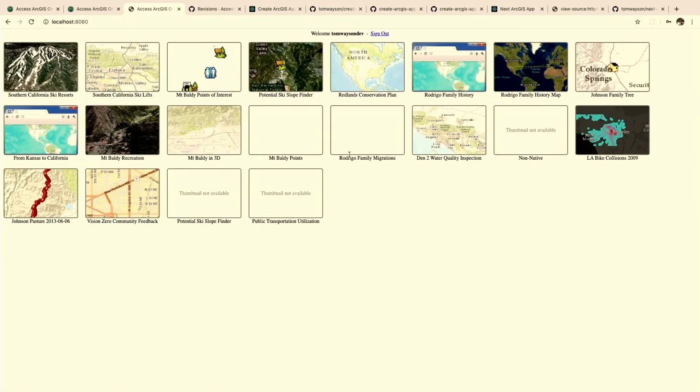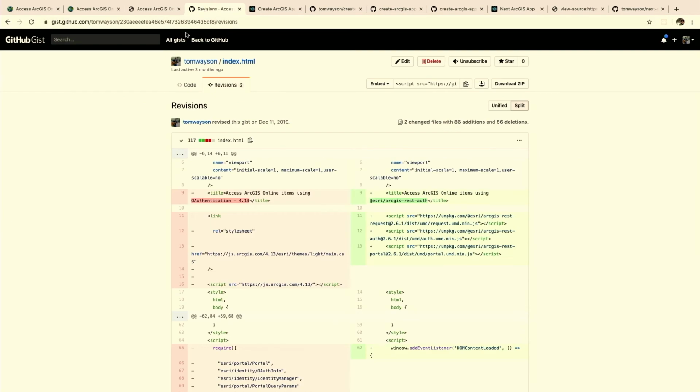And it does. So there's no visual difference here between the REST.js version and the ArcGIS API for JavaScript version. So what about the code? How's the code look? Well, here's the diff between the JS API version on the left and the REST version